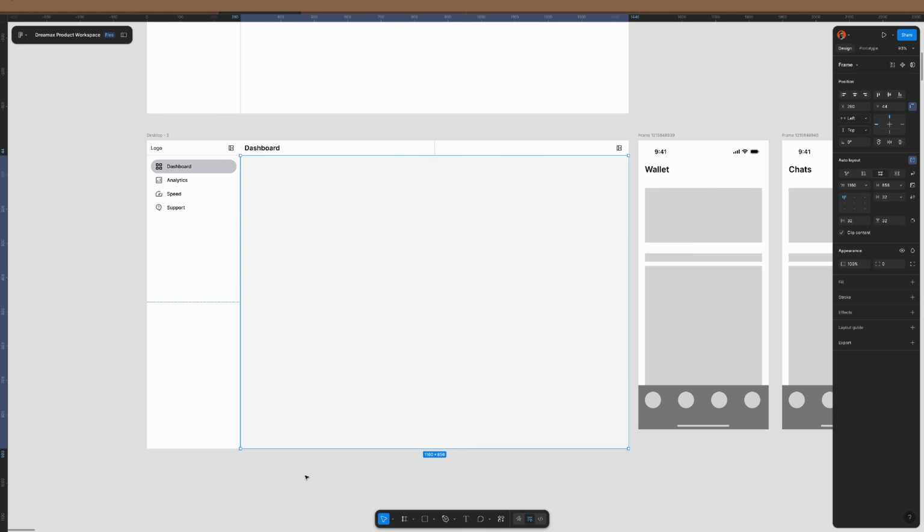And now I'm going to treat this as two columns. What I mean by two columns is the sidebar will be on a standalone. This and this would be in auto layout. And you're going to see our dashboard come to life very shortly. I'll put both of these in auto layout. The height,